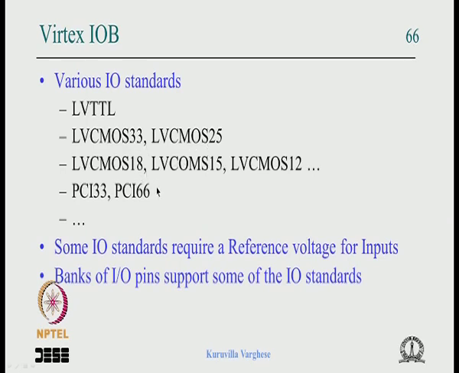2.5, 1.8 and all that, and all the time there will be a core supply which supplies the internal logic, and the IO block supply, because the core can work at a low voltage, resulting in low power dissipation. When it comes to the IO pins this can be scaled up, because if the swing is more there will be more power dissipation. So many times in the most recent chips, not only FPGA, the core will work at a low voltage near 1 volt, and when it comes to the pin it is scaled up to 2.5 or 3.3 volt. So that is done in FPGA too,